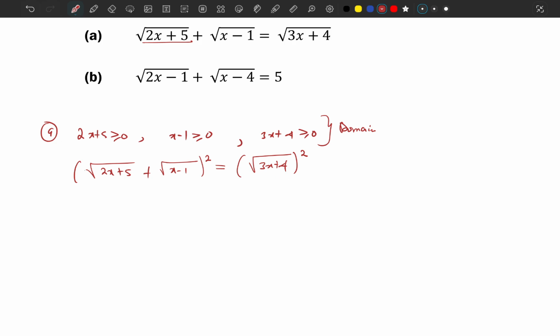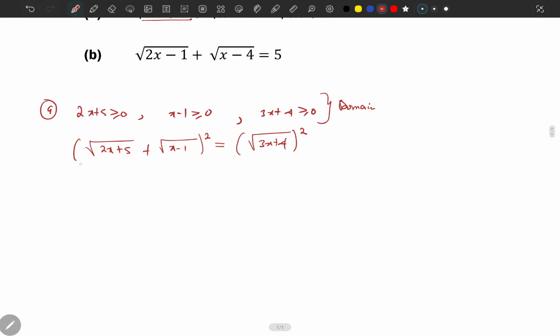When you square the root, you just get what is under that root. If I have to expand this, what do you think I'm going to get? This part I know is 3x plus 4. Expanding this part means this times itself will give me 2x plus 5. Next, plus this times that, but this will come twice because this is also going to multiply this. Meaning this will be 2